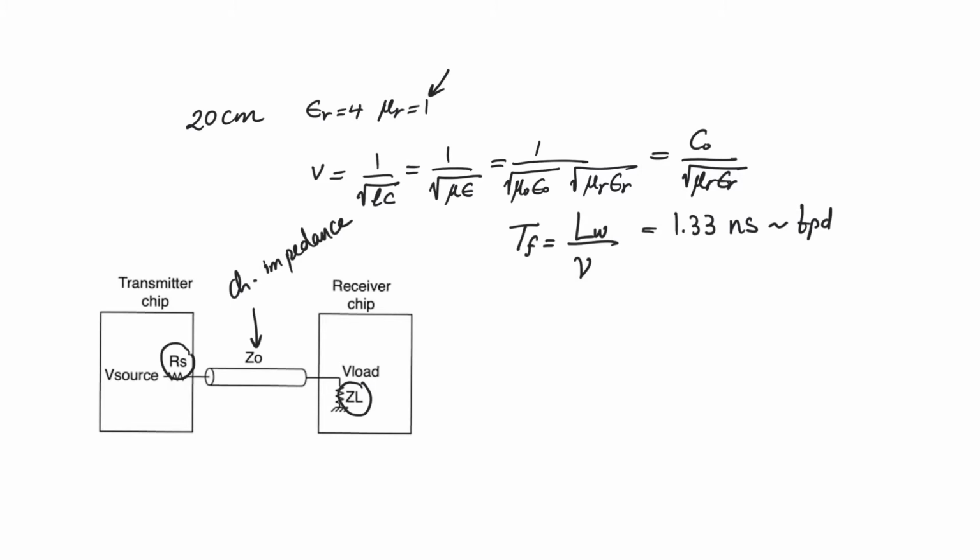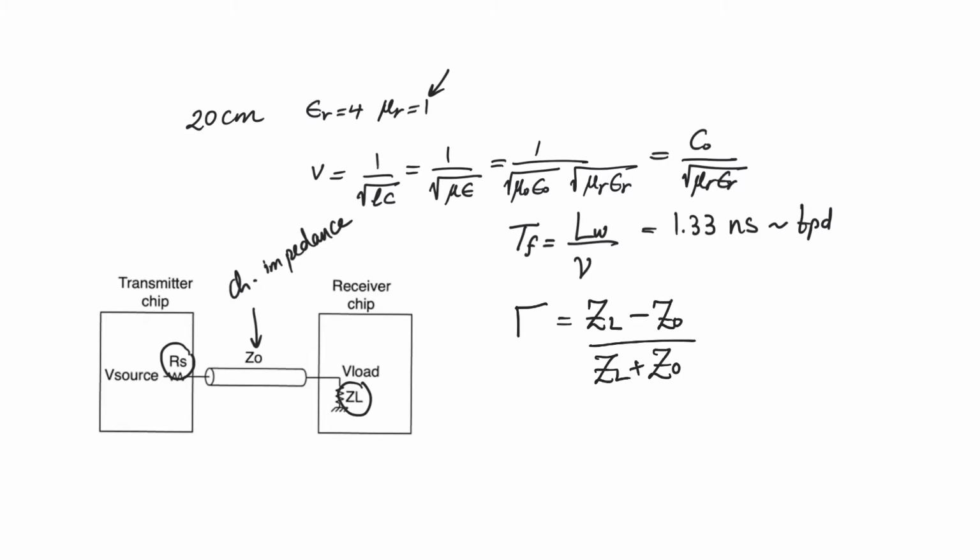So a reflection coefficient at either side is going to be gamma equals Z load or Z source, depending on which side you're talking about, minus Z naught over Z load plus Z naught. So we're going to have to calculate a reflection coefficient for the transmitter using RS and a reflection coefficient for the receiver using ZL. Now for most CMOS circuits, as we saw with